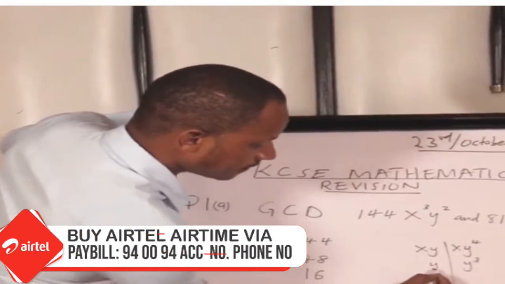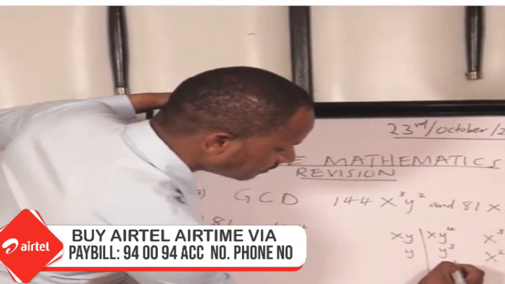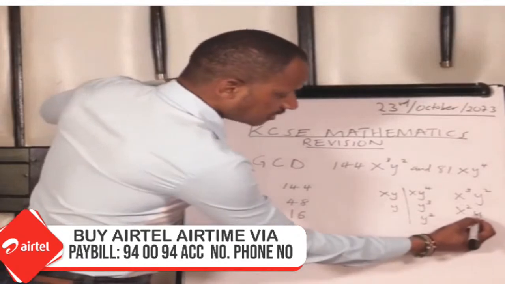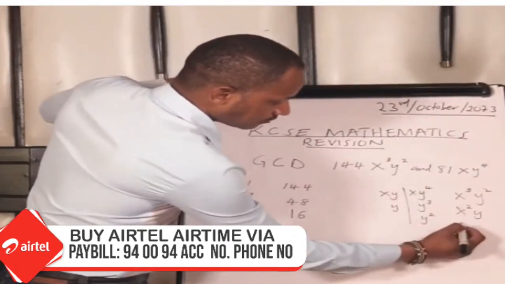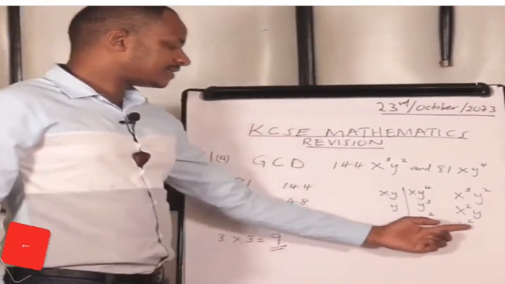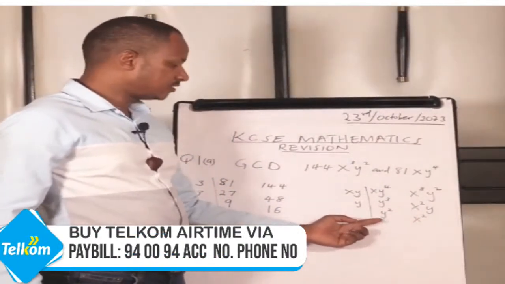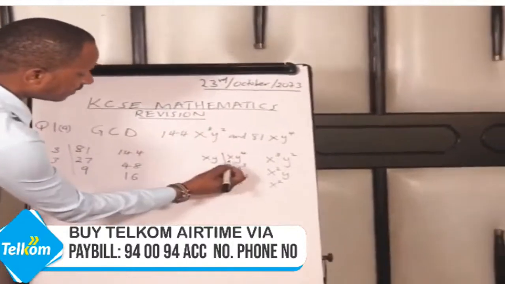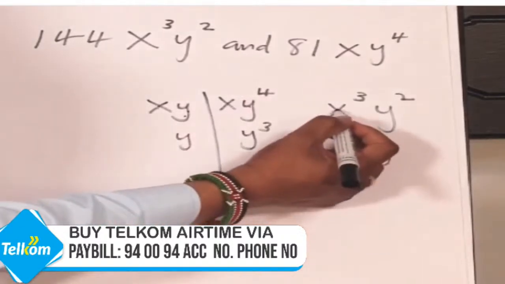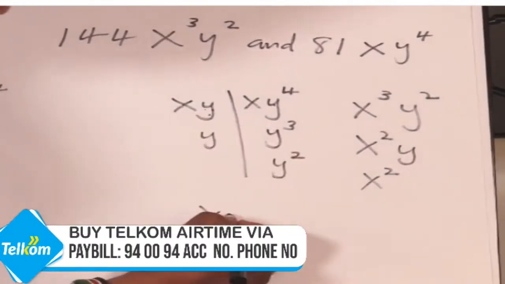So we take y. So y goes into y cubed, or y raised to power 3, y squared, y raised to power 2 times. Then y goes into y once, and then we have x squared. Therefore, any letter that can go into these two again without a remainder, there is no other letter. So the GCD of x y raised to power 4 and x cubed y squared is x y